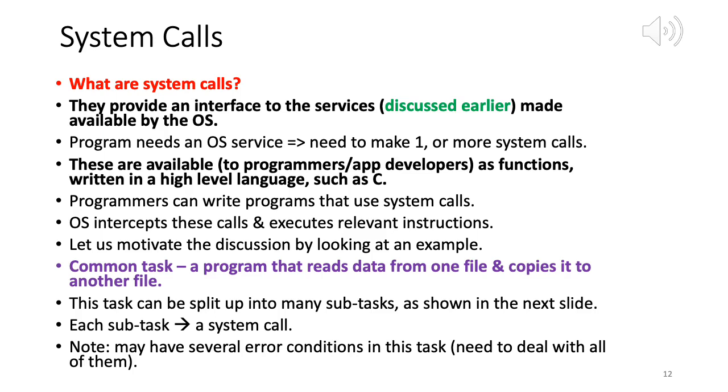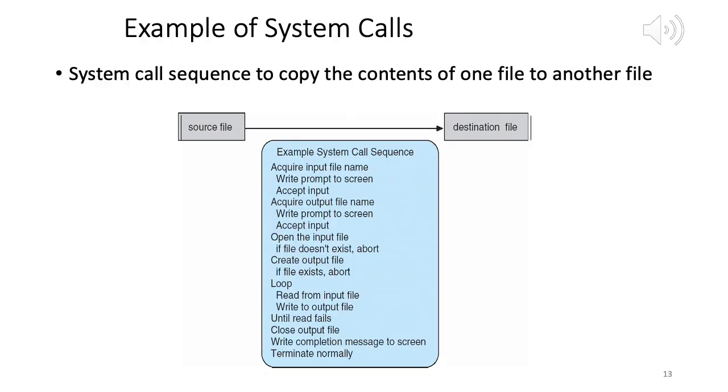And note that while we are doing this copy operation, there are many things that can go wrong. So we have to deal with all of them. In the next slide, let's see what sort of tasks we need to execute for this copy operation. Now I am on slide 13, an example of system calls. When we want to copy the contents of one file to the other,